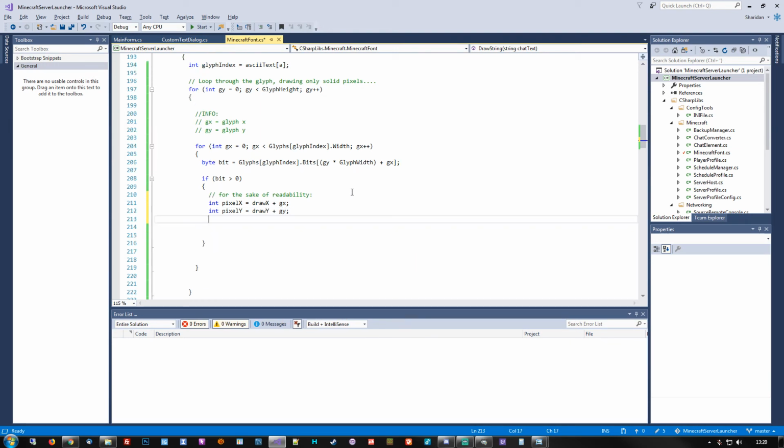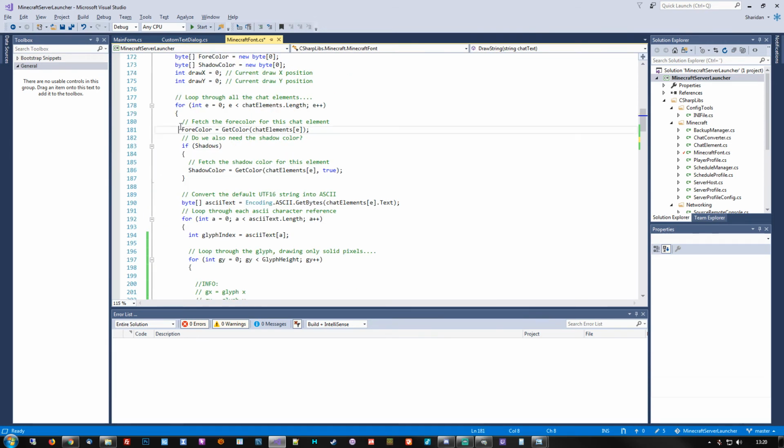And then we need to calculate where we need to place the forecolor. And perhaps to ensure that we don't get the whatchamacallums, let's see here,